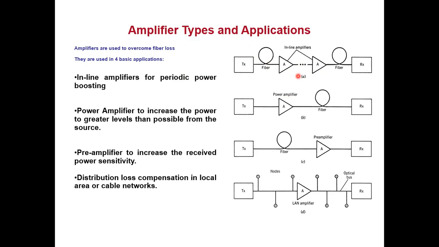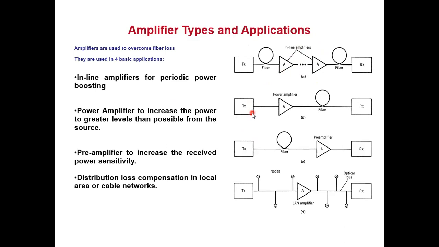The design engineer will decide, because optical amplifiers are costly. It is not that we put a lot of amplifiers so that there will be no loss and efficiency will be there. No, I cannot just simply put many amplifiers in my chain. That is not an efficient design. All the components are costly in fiber optics, so my initial investment will become very high, and we cannot do that. But if it is long distance communication covering India, say from top to bottom, then obviously I need many inline amplifiers for regular, periodic boosting of the signal. This is one design. It is not fixed. It is up to you.